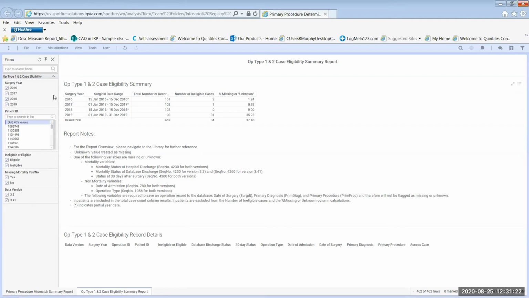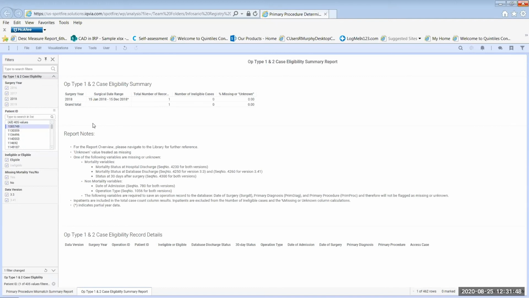Here on the left-hand side, we have filters so that you can drill down into a specific year, a certain patient ID or group of patient IDs. If I wanted to look at multiples, I can control click and select many, or select one value by just clicking one row. And then there is the all option if I want to see all.